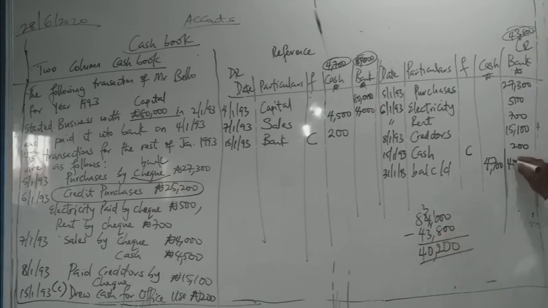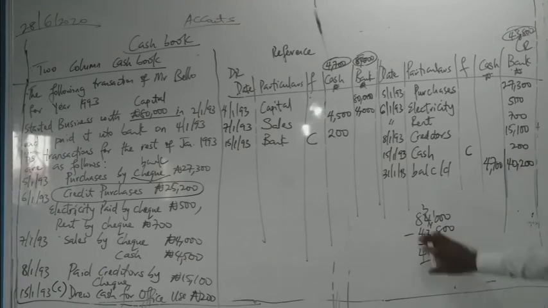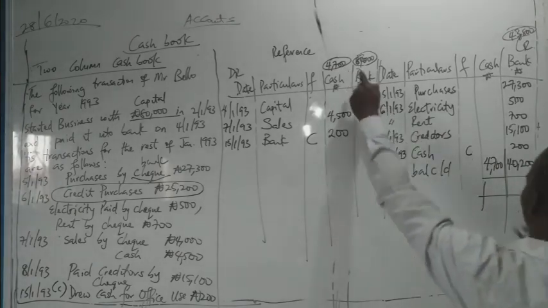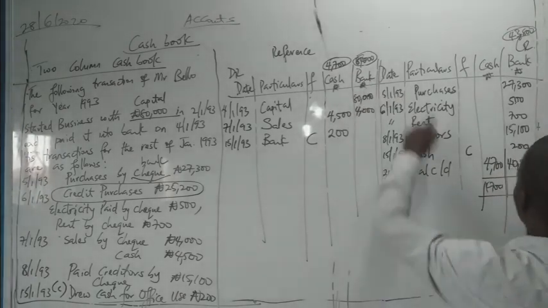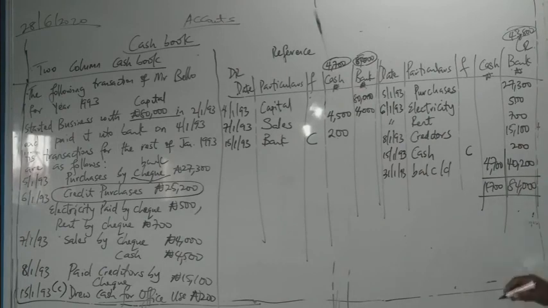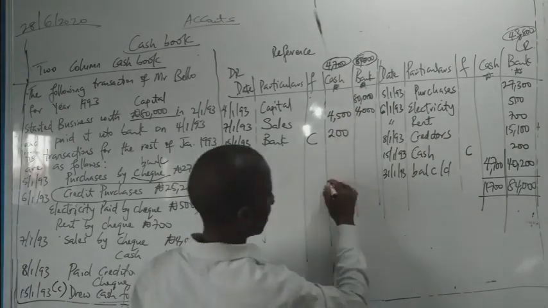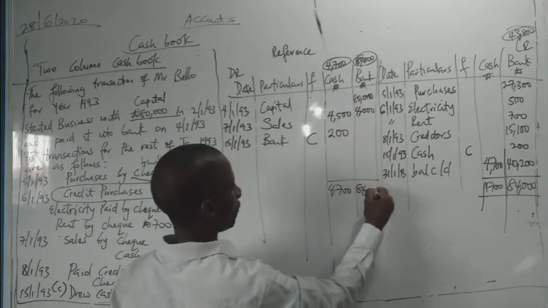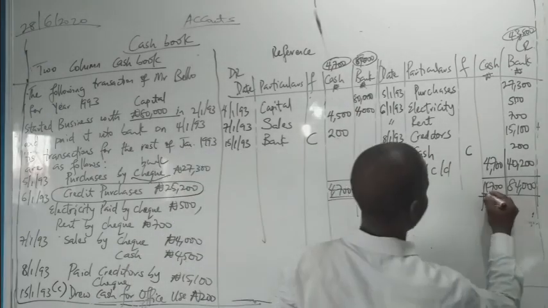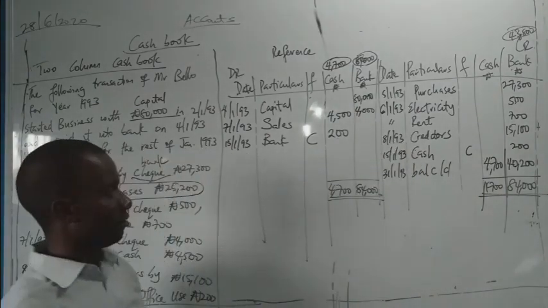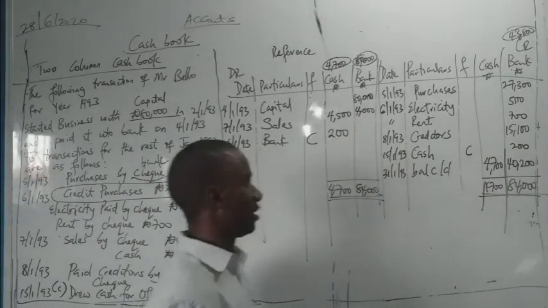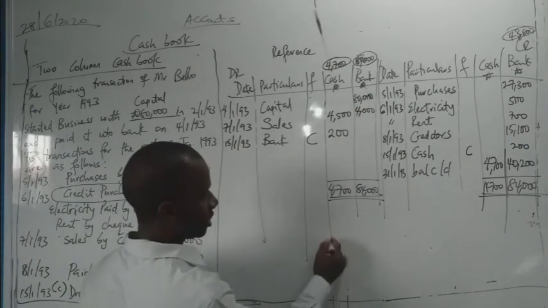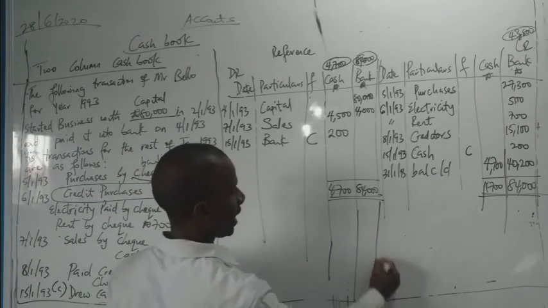So our balance here will be 40,200. We will now put this total 4,700 and this total 84,000 also here. So the two sides are balanced. You can see total of credit. Then definitely, if there's no information that the business is going to come to an end,